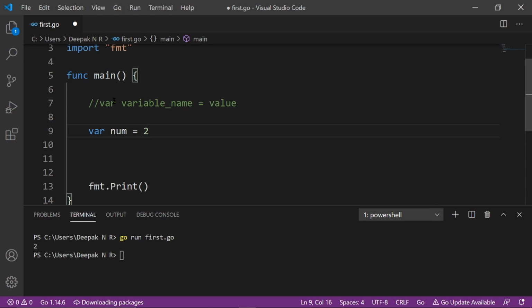The type of variable is automatically judged by the compiler based on the value passed to it. As the variable num has the value 2, that means it is an integer.